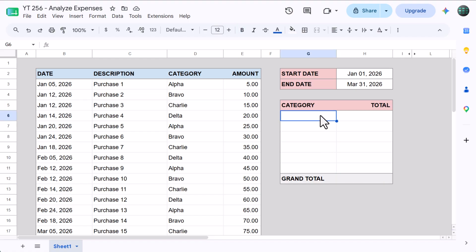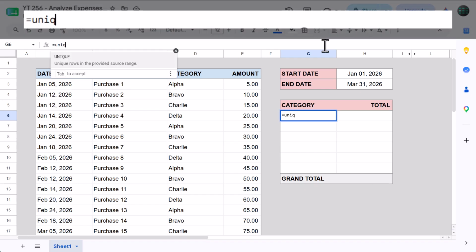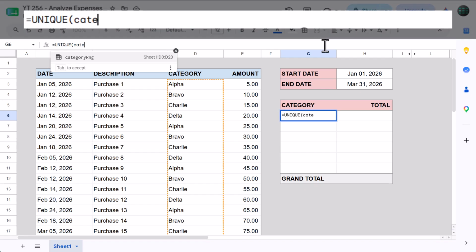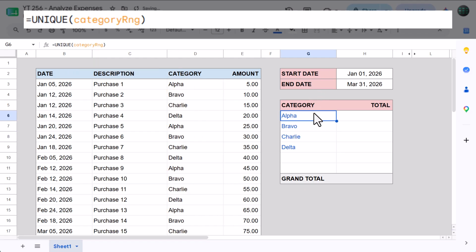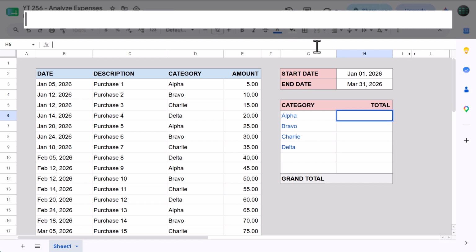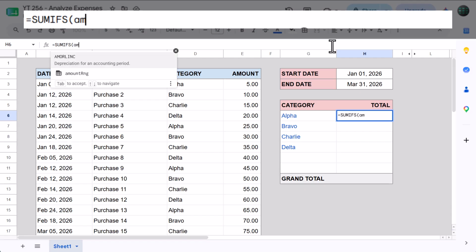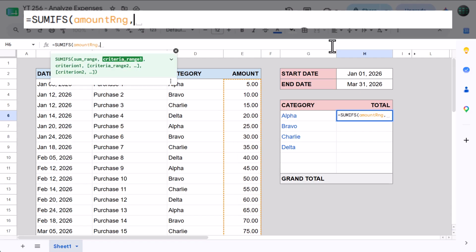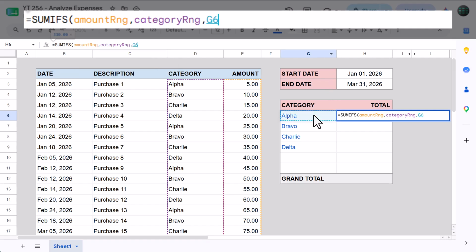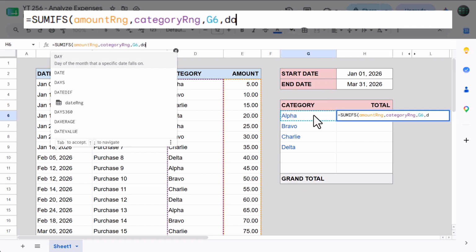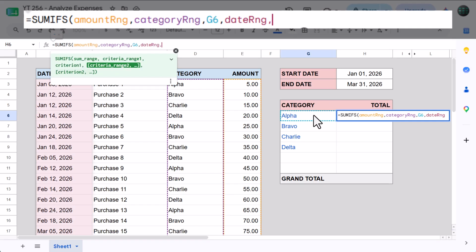Now, to get a unique list of all the categories from your data, enter the UNIQUE function, enter the range name for the category column, press enter, and you have your categories. For the totals, start with the first one and enter the following formula. Equals SUMIFS function, amount range, next argument, category range, next argument, select the category, next argument, date range, next argument,